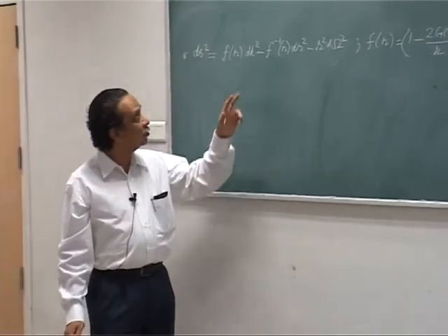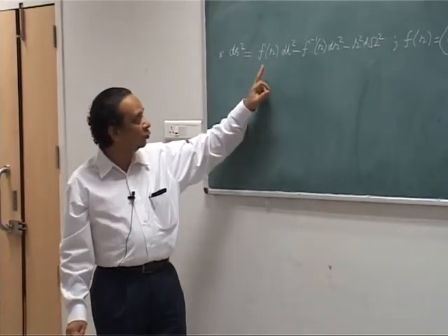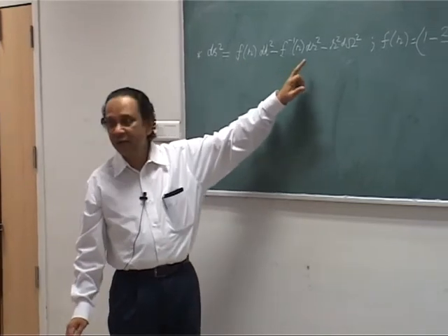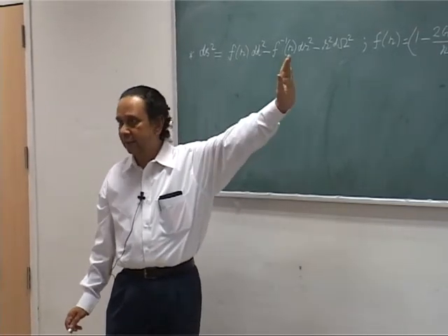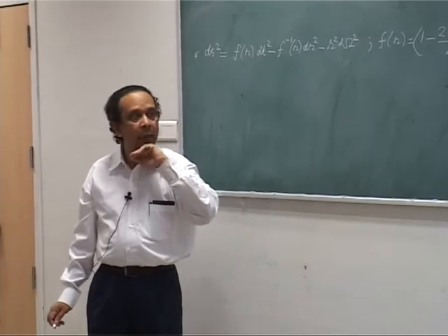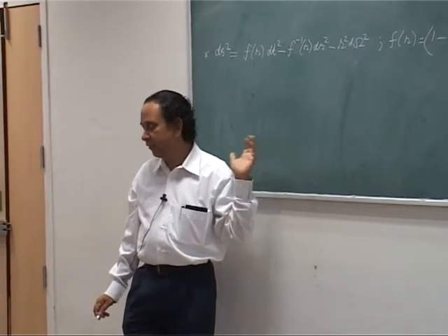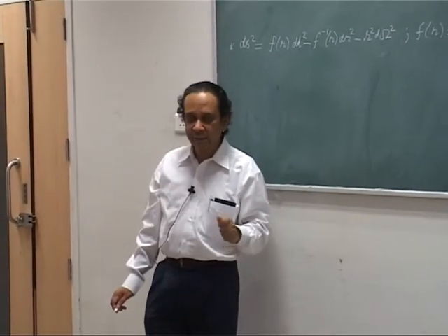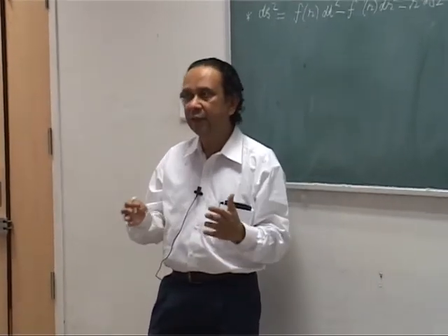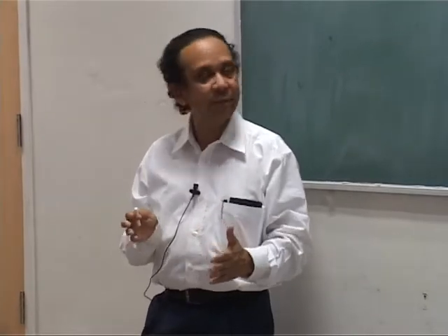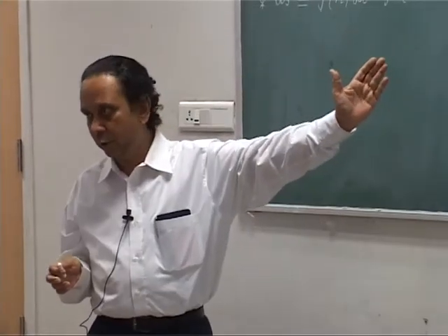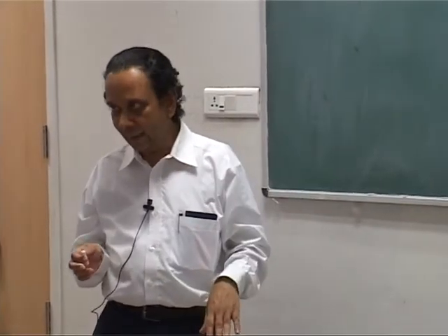Now, the structure of the solution is quite remarkable. It has one f of r here and one by f of r here, and the other is the spherically symmetric part. Okay. Now, I want to make a series of comments about this before we proceed further. Now, it turns out that there are some very beautiful things that happen in spherically symmetric metrics of this form. Okay. So, I want to first highlight that.